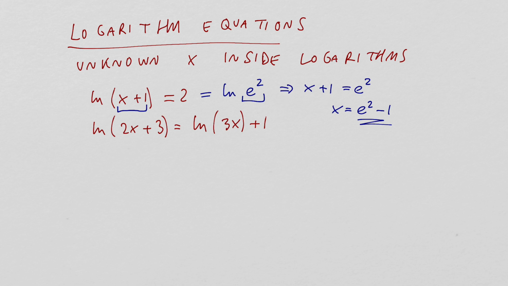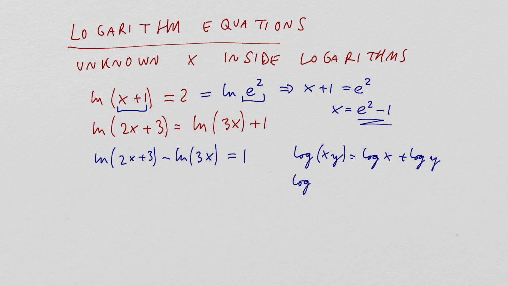In the next equation, the x is inside two logarithms. At first we need to combine the logarithms. So let's shift the other logarithm to the left hand side. And let's remember the rule of logarithms that a logarithm of a product is the sum of logarithms,